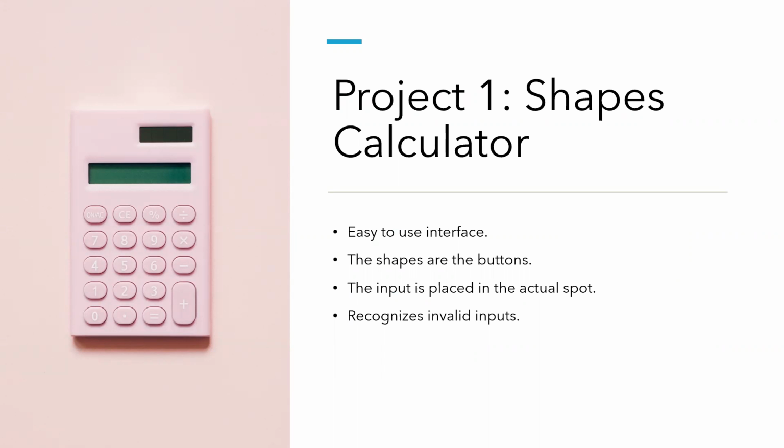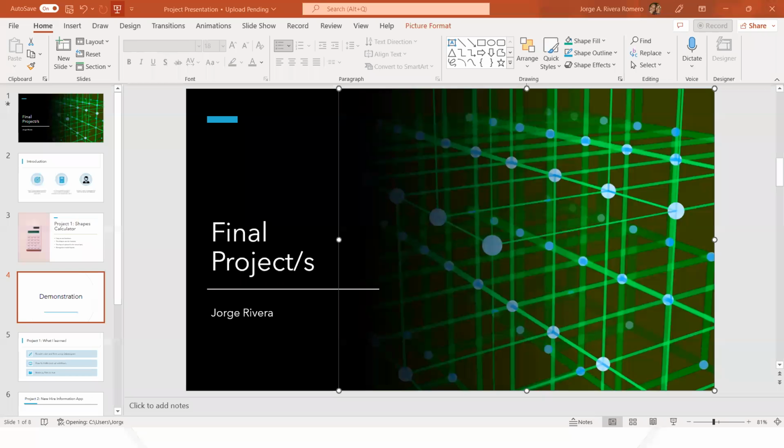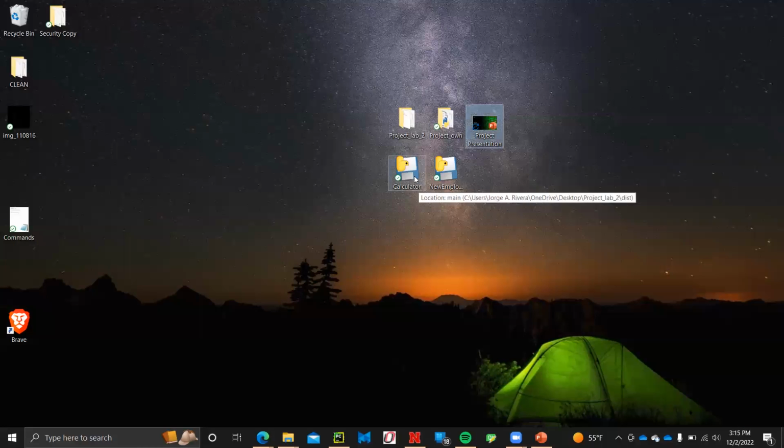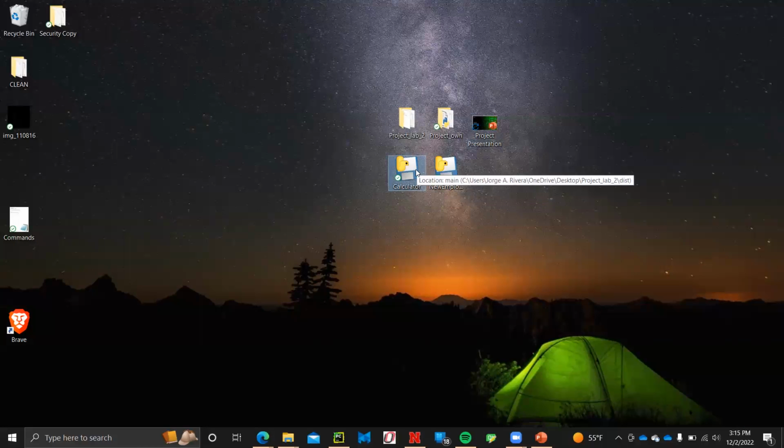it's an easy to use interface. The shapes are the buttons and the input is placed in the actual spot where it should be. And it recognizes invalid input. Here's a demonstration. I have it here in an executable file. You press click,